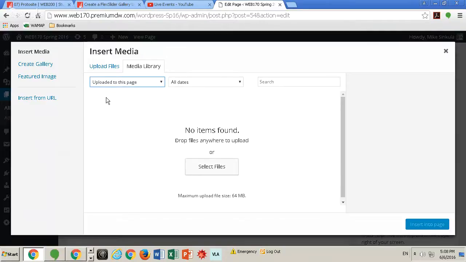Right now, there are no images uploaded to my home page. Instead, how the FlexSlider on my home page is being called